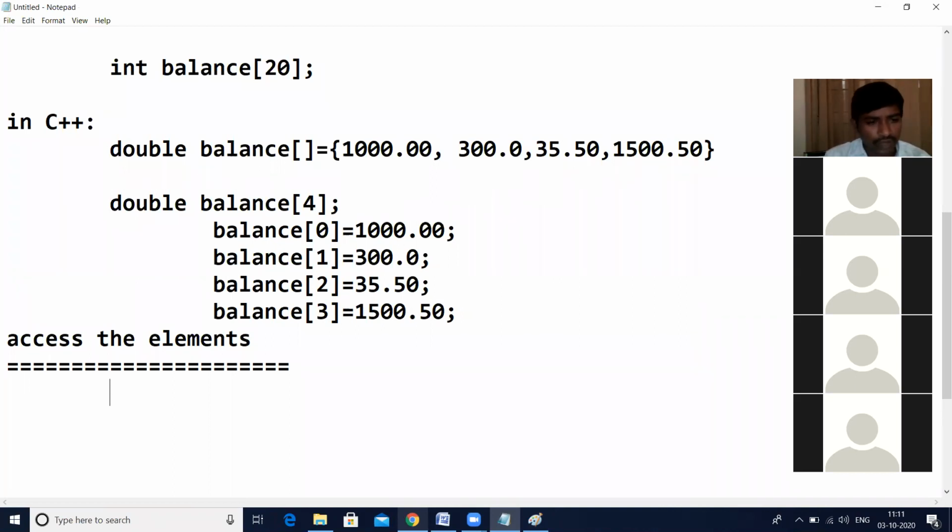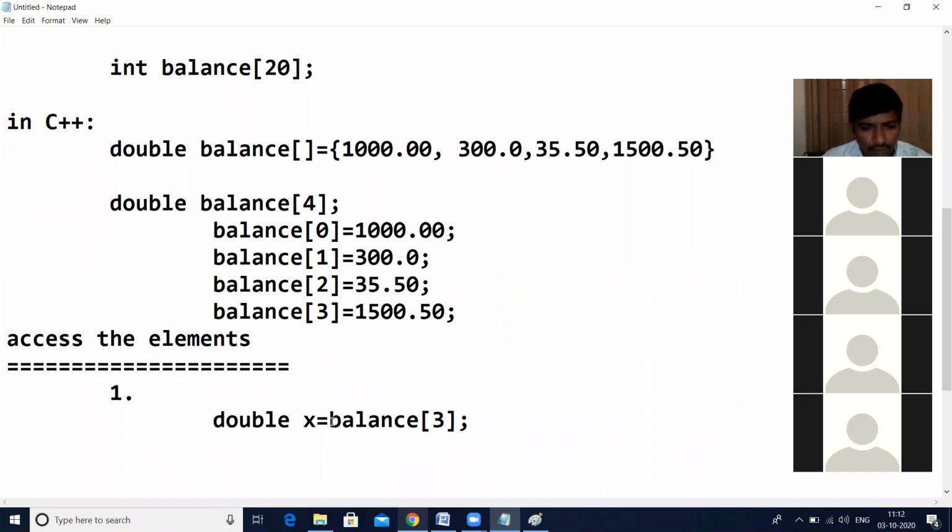If you want to access individual elements, for example, take these double values. Double x is equal to, I want this third index element only. Then we can write balance of 3.